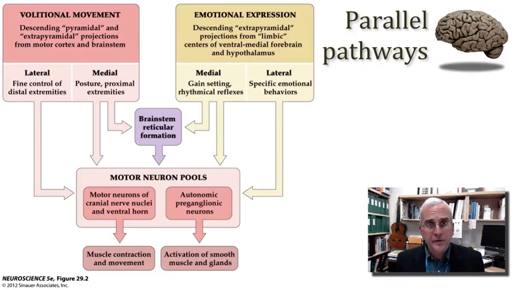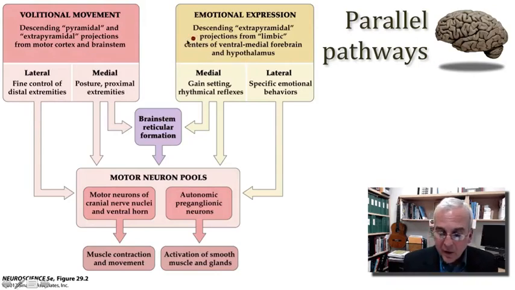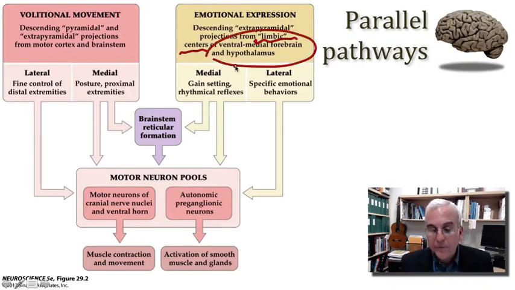There are massive projections from the cortex to the brainstem that are not so much concerned with providing upper motor neuronal control. We'll talk about those separately when we consider the cerebellum. So in a subsequent part of this tutorial, I'd like to spend just a little bit of time illustrating for you an emotional motor system. What I have in mind here are projections that are coming from what we'll call the limbic centers in the forebrain, which are primarily in this ventral medial forebrain, and some other structures, including the hypothalamus and the amygdala,